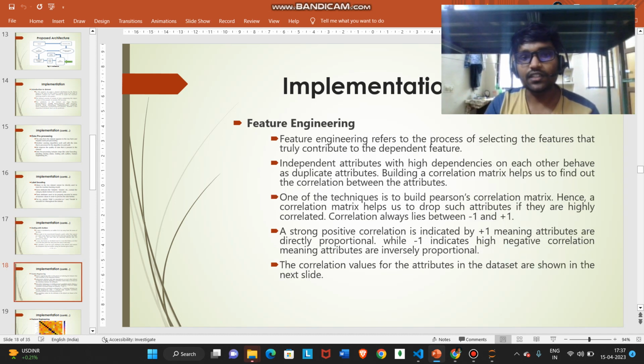Now coming to feature engineering. We're going to build a Pearson's correlation matrix, which helps us identify the association between two attributes, like whether the correlation between the two attributes is high or not. We're going to include only the attributes that don't have a high correlation with each other, and the attributes that have a satisfactory correlation value with the dependent attribute.